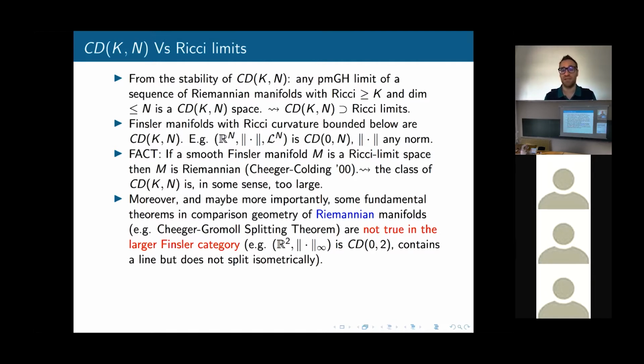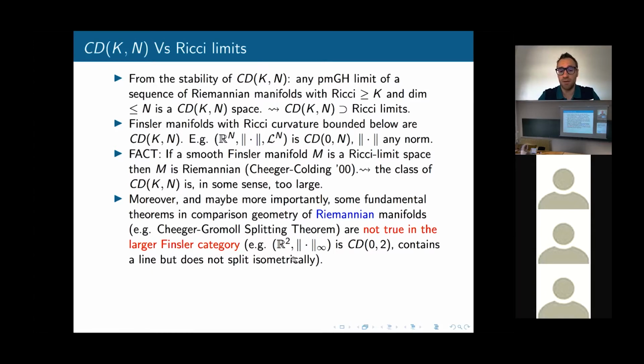So the splitting theorem says that if you have a Riemannian manifold with non-negative Ricci curvature which contains an isometric immersion of a line R, then it isometrically splits R. But for instance, if you consider R^2 with, say, any norm, for example the L-infinity norm, this is CD(0,2). It contains a line, for instance the x-axis is a line, but it does not split isometrically, just because you don't have the Pythagoras theorem, because you don't have the